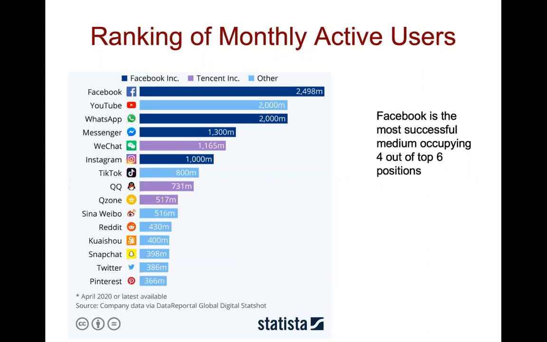This is from Statista. So you can see that Facebook still dominates among all other social networks. And it's not just dominating as the Facebook social network itself, right? Because I would say that Facebook is not as active as before. It just has many users, but it also effectively captures the whole ecosystem of the communication channels nowadays on social media. So you can see number 3 is WhatsApp, owned by Facebook. Number 4 is Facebook's own Messenger, and it's owned by Facebook. Number 6 is Instagram, which is also owned by Facebook.